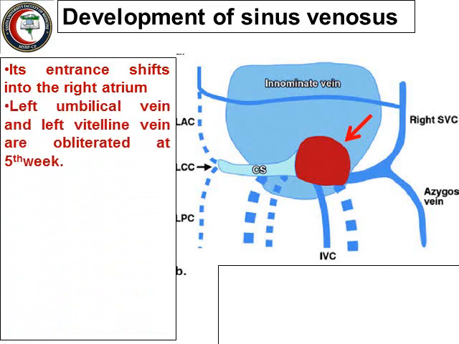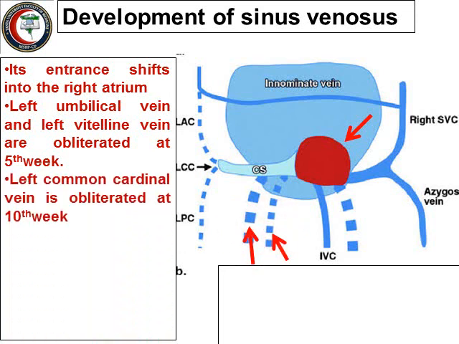Okay, the left umbilical vein and the left vitelline vein. This is the left vitelline. This is the left umbilical. They degenerate, lose their communication, and disappear at the fifth week. After that, the left common cardinal vein is also obliterated at the 10th week, but it is not